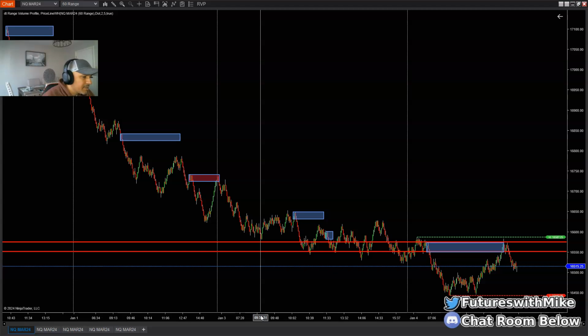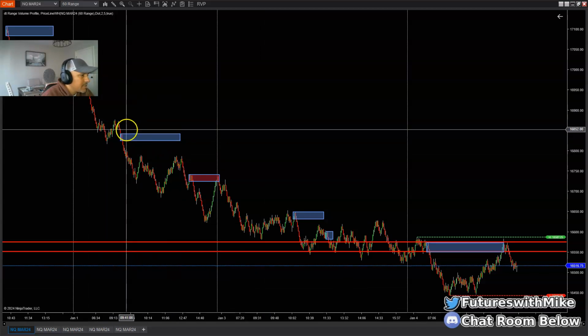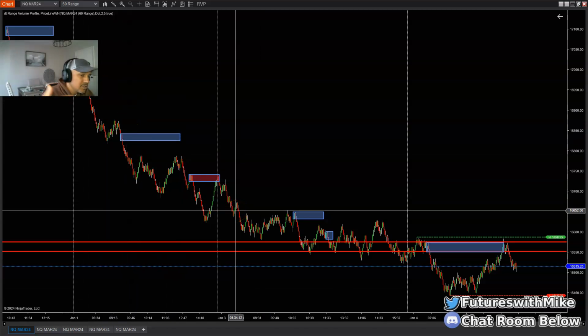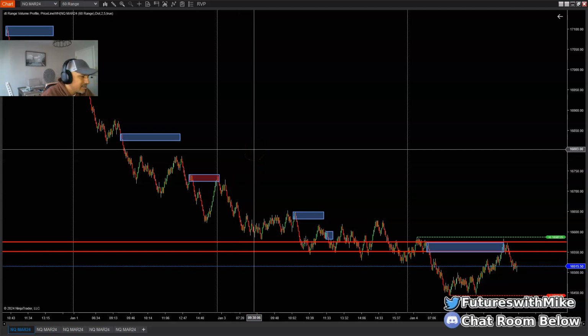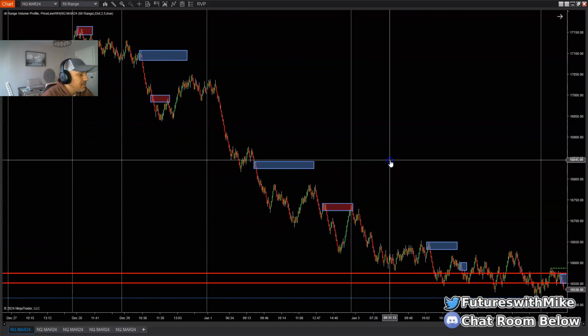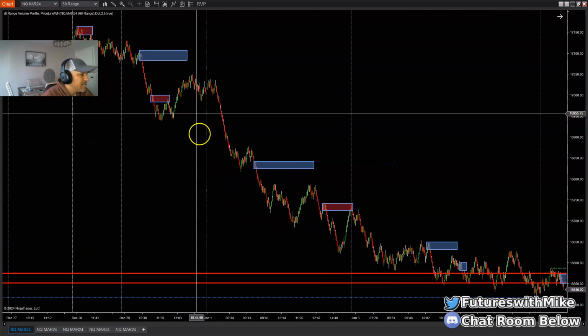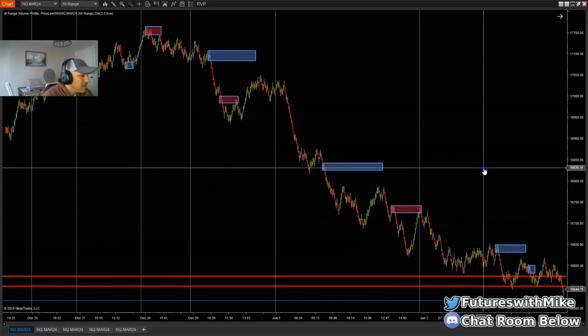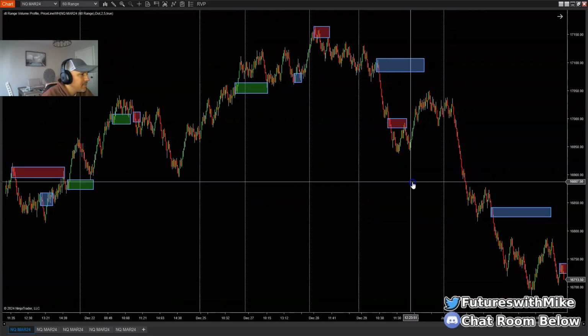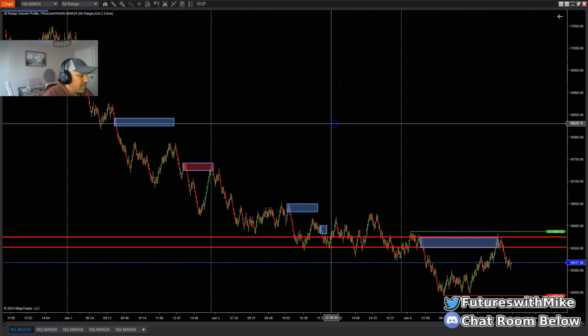When I say structure of the market, I'm talking about the overall structure from a long-term standpoint. When I'm talking about the market trending, are we making higher highs and higher lows, or lower lows and lower highs? You should be able to follow that day to day or session to session to see what's taking place. And what I see is the markets are making lower lows and lower highs to the downside, towards the end of the month of December and still into the new year here.